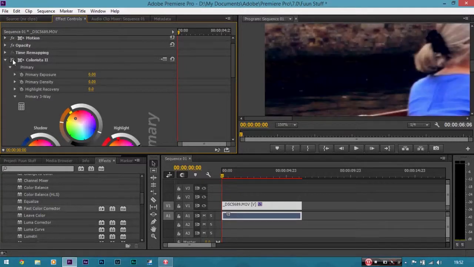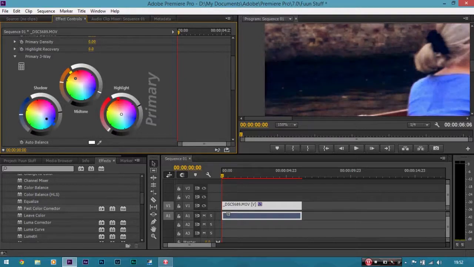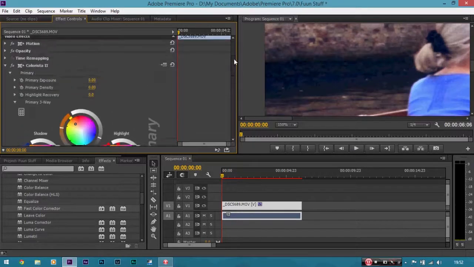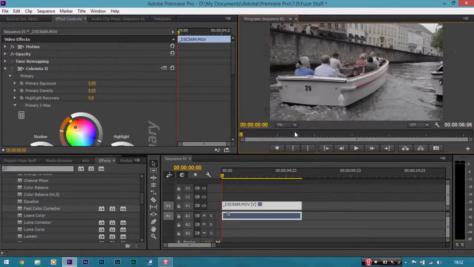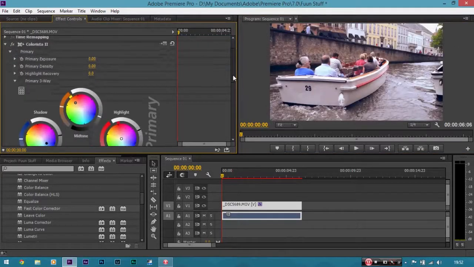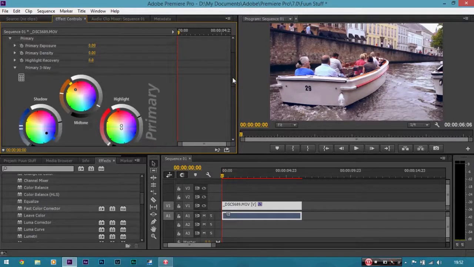We don't want to lose the detail, so what you can also do is bump the exposure up in the shadows a bit, and see, that's coming back again quite nicely, and we've got the detail back from how it used to be. There we go, toggle, it's back how it used to be now. So if you want to get back to the same zoom, go back to Fit, and I'll toggle our settings back on again. But we have lost a bit of contrast. So remember what we did to add contrast? Simply go to the mid-range and take it down again. And we've still got the full dynamic range